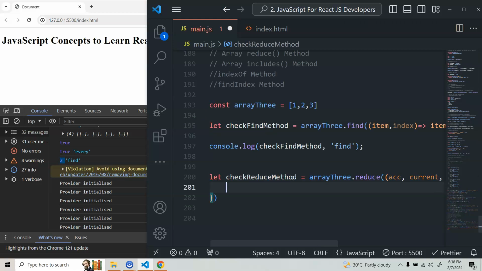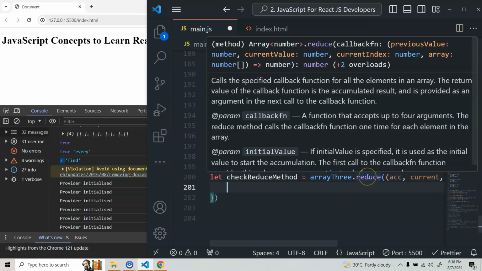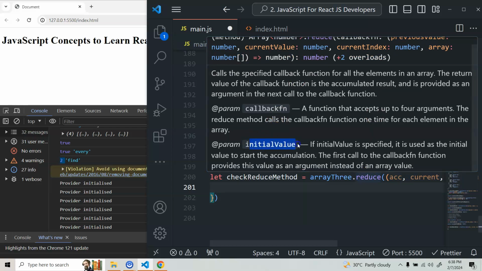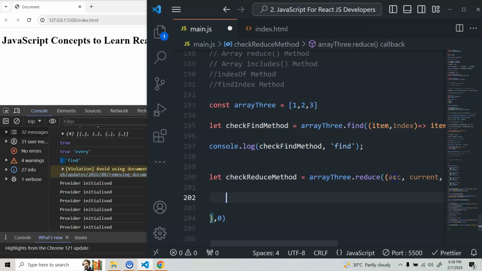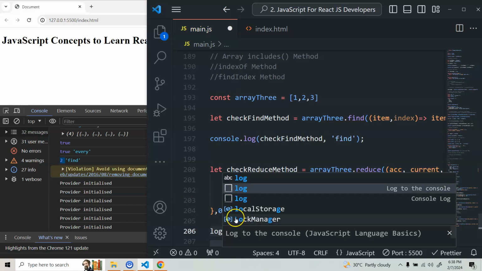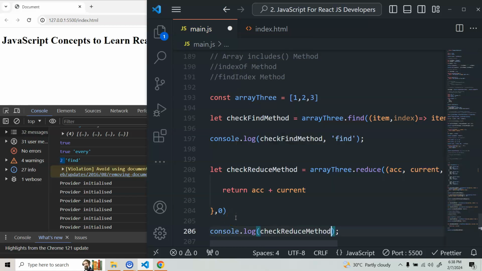So these 4 things it will give. Now here it will also give you the initial value that you will be able to pass. If that is specified, then it will start accumulation using that number. If nothing, then it will basically not take it into consideration. So I'll keep this one as 0. So my initial value is 0. That means here I'll do accumulator, which will basically keep track of all the values, plus I'll add the current element with this. First time this will be very difficult to understand, but first I'll log this check reduce method,